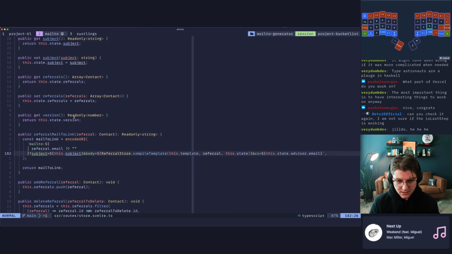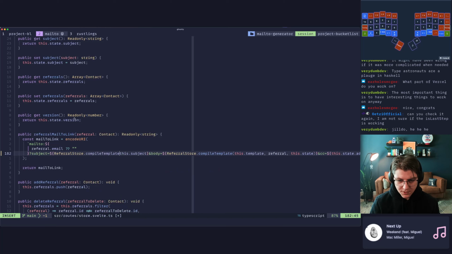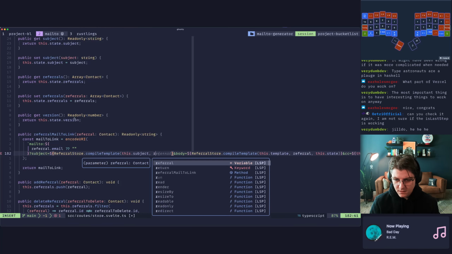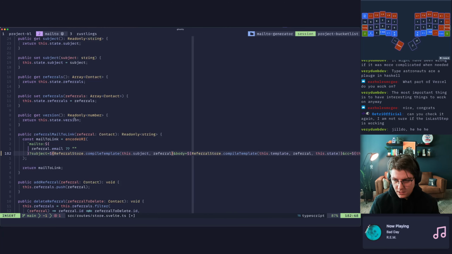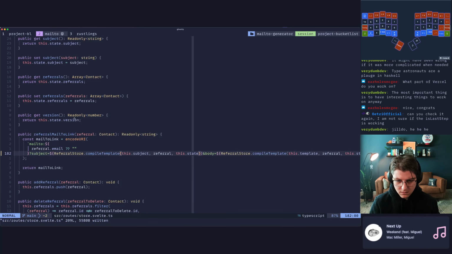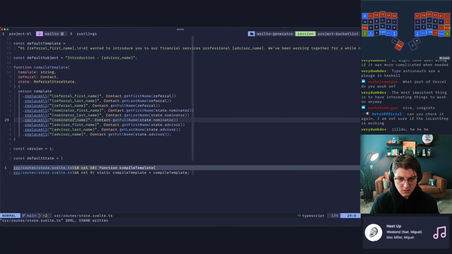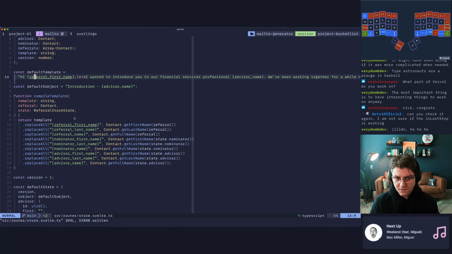Subject is this dot subject. I think we want to do referral store dot compile template, this dot subject, and it takes our referral and this dot state. Right? Let's go look at this again. Great. I think that should fix that.